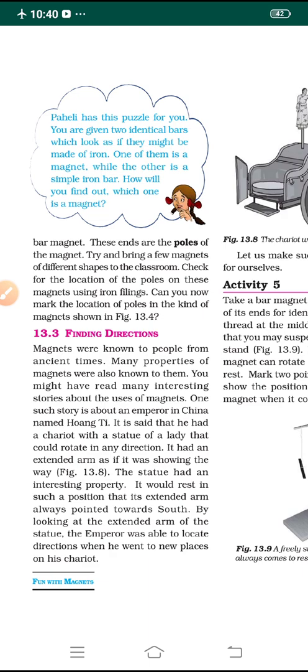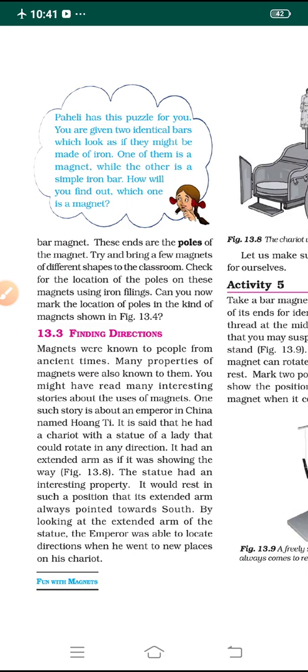If we bring different types of magnets, we can do this activity even in the class by spreading a sheet of paper and iron filings, iron nails or iron pins. Immediately we find that the iron filings are attracted all over the magnet. Moreover, compared to the middle part of the magnet, we see that the poles attract more iron filings.